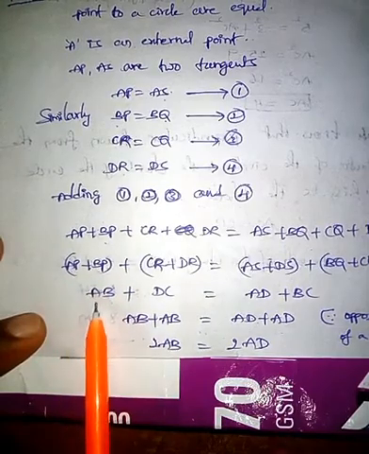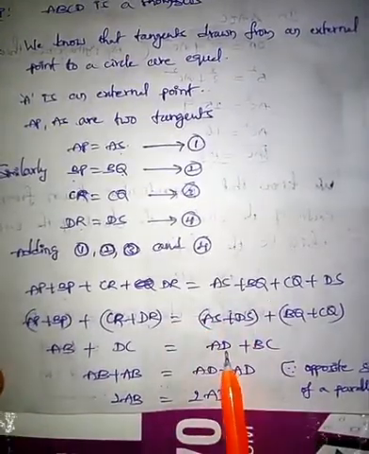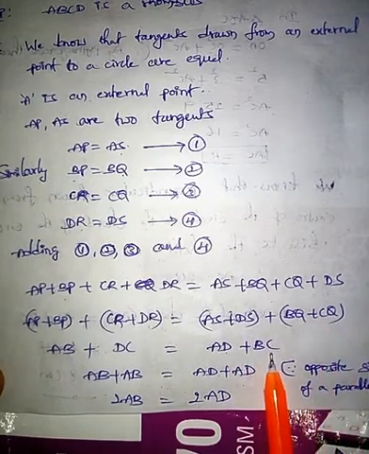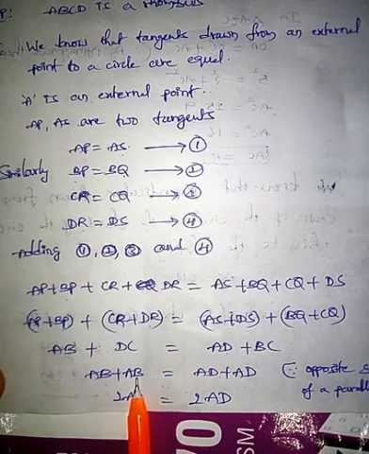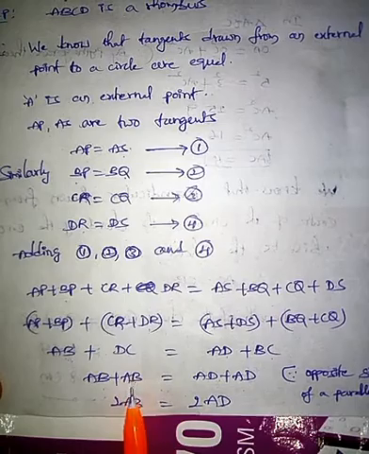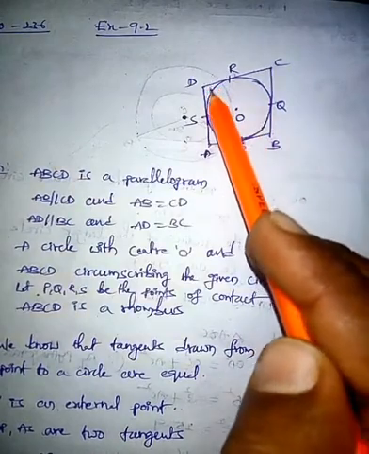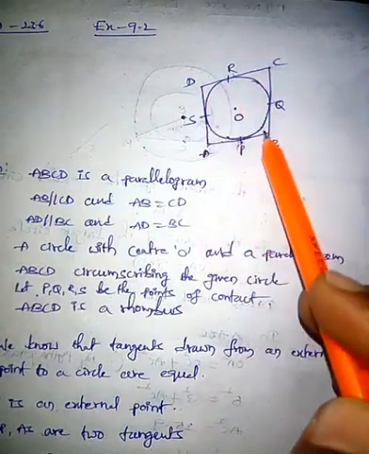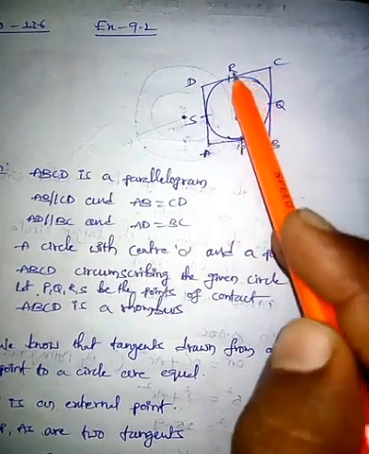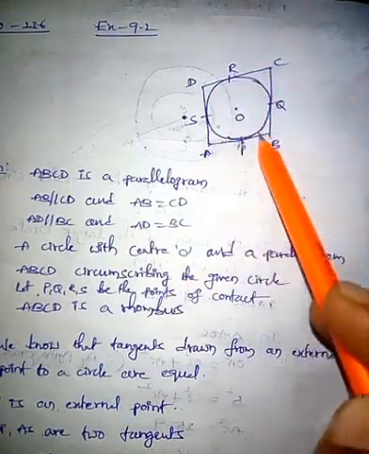From the figure, AP plus BP equal to AB and CR plus DR gives the side DC, and similarly AS plus DS gives the side AD, and BQ plus CQ gives the side BC. AB, write AB as it is. In the place of DC substitute AB. Why do I substitute AB in the place of DC? Because ABCD is a parallelogram. You know that in a parallelogram opposite sides are equal. So AB and DC are opposite sides. Because these are opposite sides, these are equal in magnitude. That's why you can substitute AB in the place of DC. Okay, AB equal to DC.